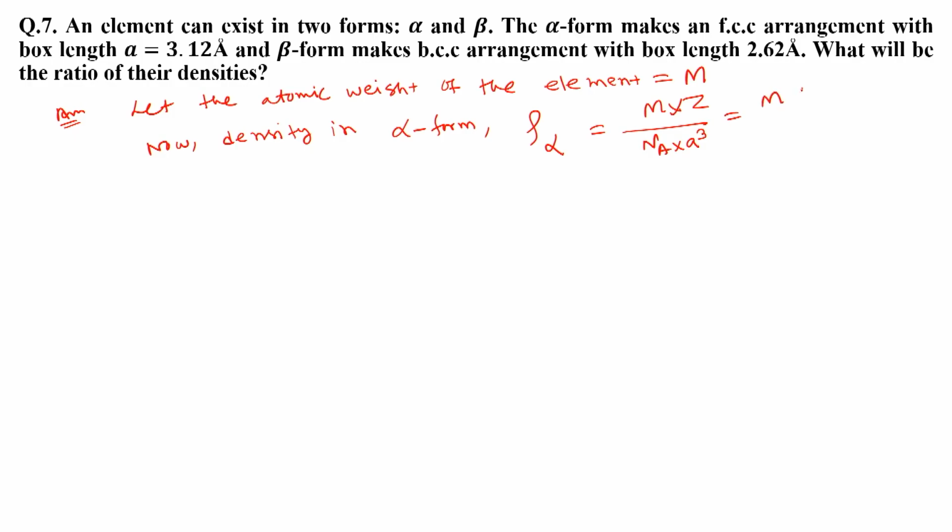So m times, what is the value of Z for alpha, for FCC arrangement? This is 4, right, and Na, and box length is 3.12 raised to the 3, right. This is for alpha form, the density, and for beta form, again the density in beta form